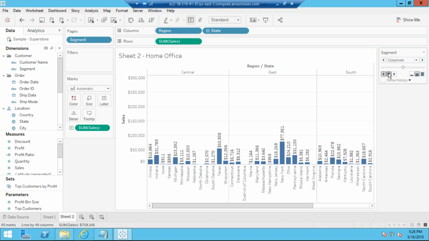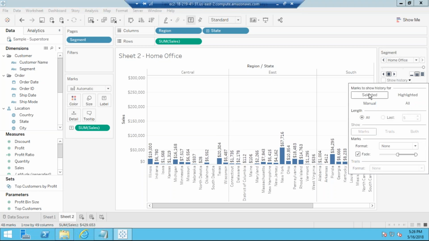Or you can just click on this, and you will see it here. This is your option. Here you see it is changing automatically. You can see the history here if you have done anything. Mark to show history for selected items: highlighted, manual, all, length, all, last, marks, format.